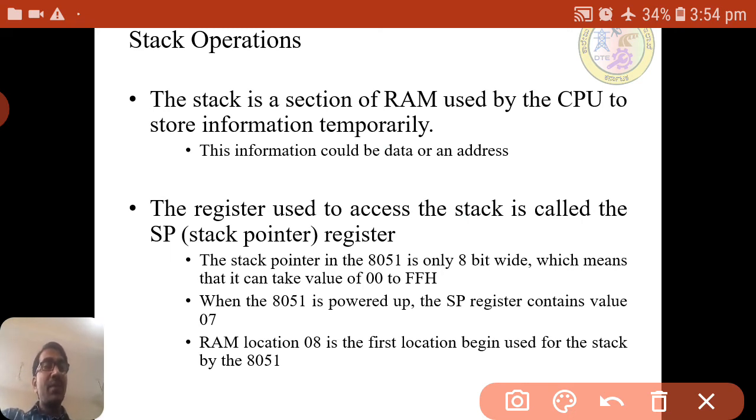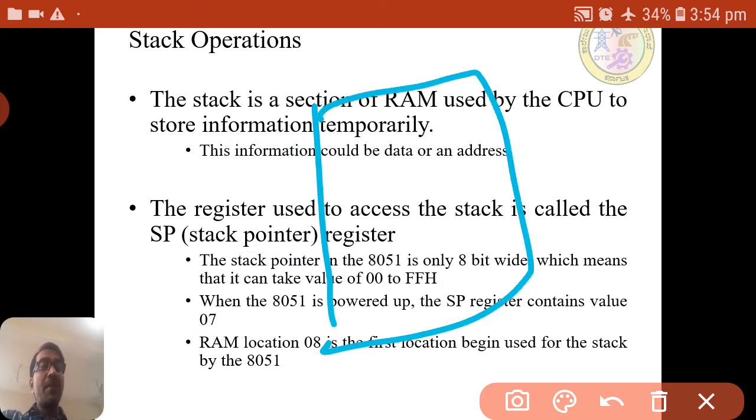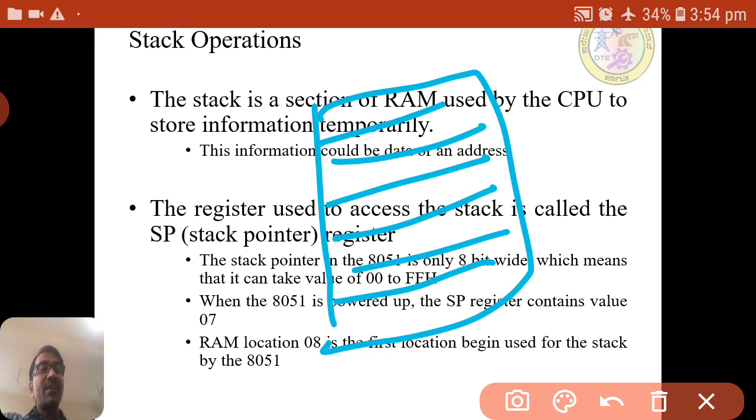For example, when the 8051 is powered up, the SP register contains the value 7 by default. So default SP is equal to 07, meaning it is pointing in the memory. What is the meaning of that? SP is pointing to address 7.